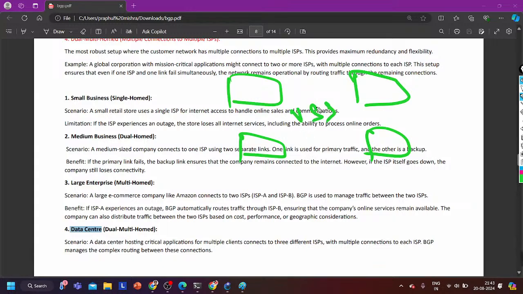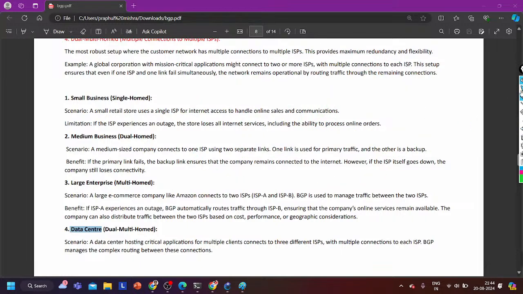First, in the switching module you are going to learn how to combine two physical links together if both belong to the same switch. Like you can see both cables are connected to the same switch. In the data center you will learn how to combine two links together if they are connected to different switches. This port is connected with a different switch, and this port is connected with another switch. So how will I configure the EtherChannel here? So the design will be a bit different in the case of data center.